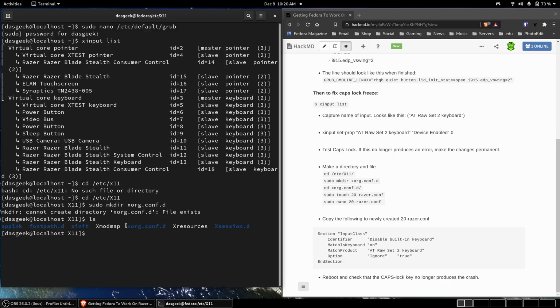You can see I already have that file created because I've already done this, but you won't have xorg.conf.d until you run that sudo mkdir command. Then you're going to cd into that. We're going to make a file in there called 20-razer.conf. That's where we're going to put